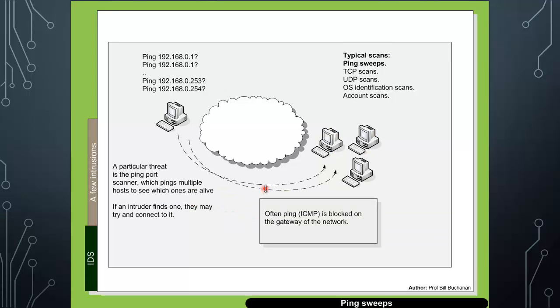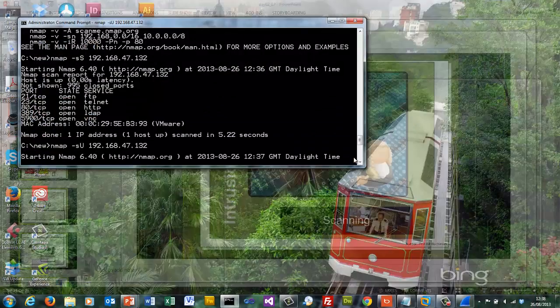The other thing that an intruder can do is actually do a ping sweep. A ping sweep will sweep across a network and ping each of the nodes. You can either do that through an ARP sweep, where we request an ARP for each of the addresses and see if we get a reply back, or we can do it by pinging each. Obviously, ARP will only work if we're on the local network, whereas a ping sweep will work even across the internet. So let's have a look to see if we can see